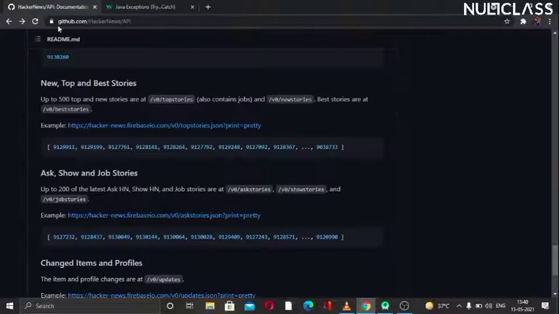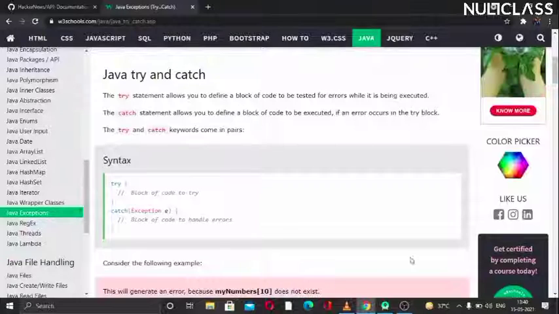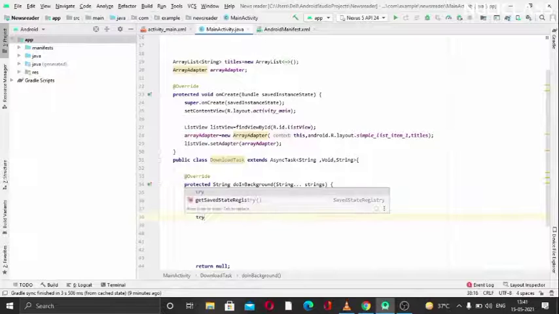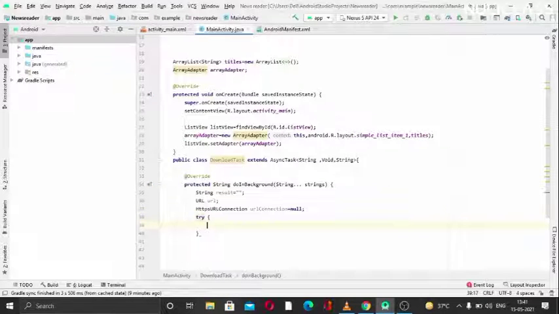You can use this here, because sometimes it does not get the strings, so we will use try catch here. Inside of try we will write some code, and then we will write some code in catch, which we will use to handle the errors.